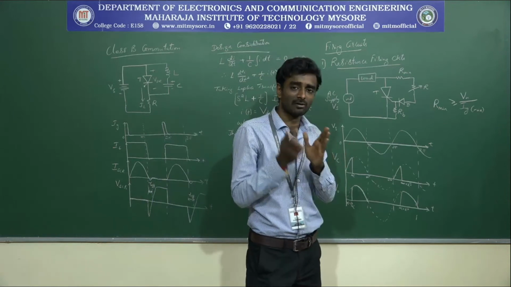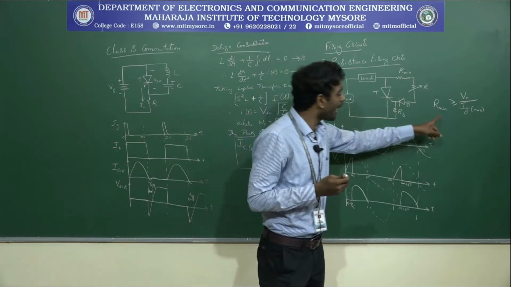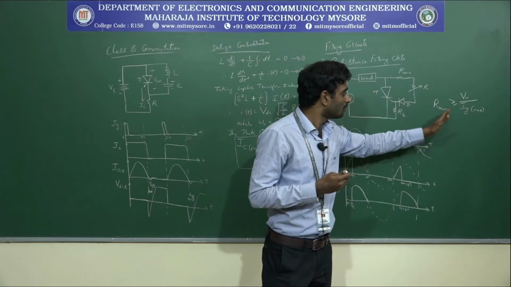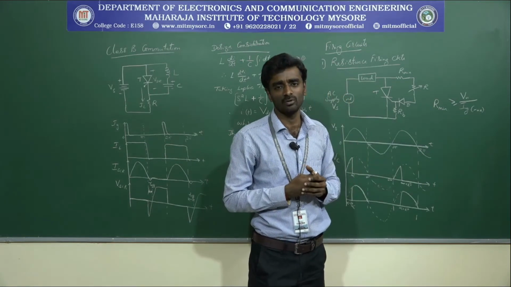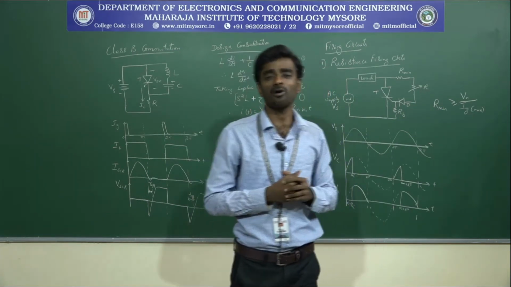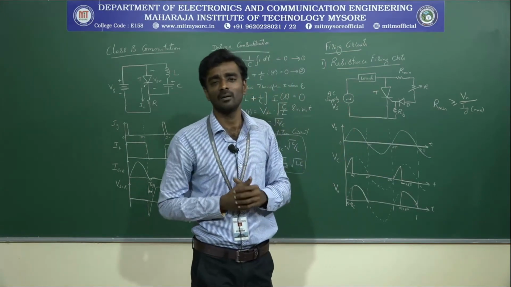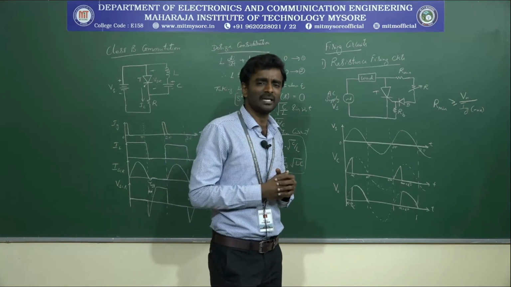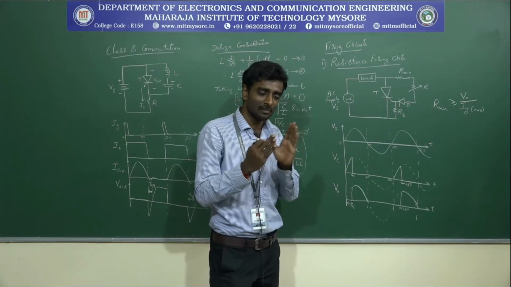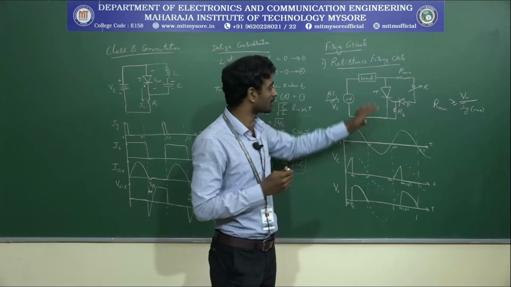To avoid that turn on, that is turning on your thyristor before reaching the firing angle, you have to maintain this minimum resistance value. By maintaining this minimum resistance value with the appropriate equation, you can manage false triggering of your circuit, and your circuit can trigger on at a particular point. And one thing you need to remember, the triggering angle should not cross 90 degrees here. The triggering angle should be less than 90 degrees with respect to this circuit.